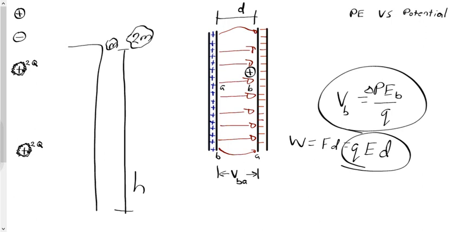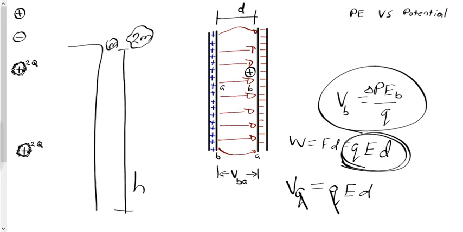Well, essentially the change in potential energy, or the change in energy of the system, is equal to the work done. So that means if I multiply each side by Q, the voltage times the charge Q is equal to the change in potential energy, which I can express as the work done. But as we set up here, work is equal to QED, so let me instead replace it with that. So QED,